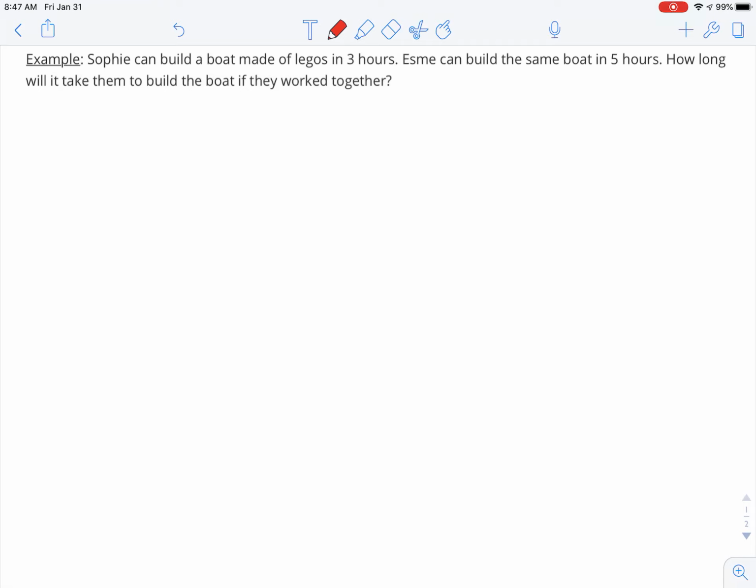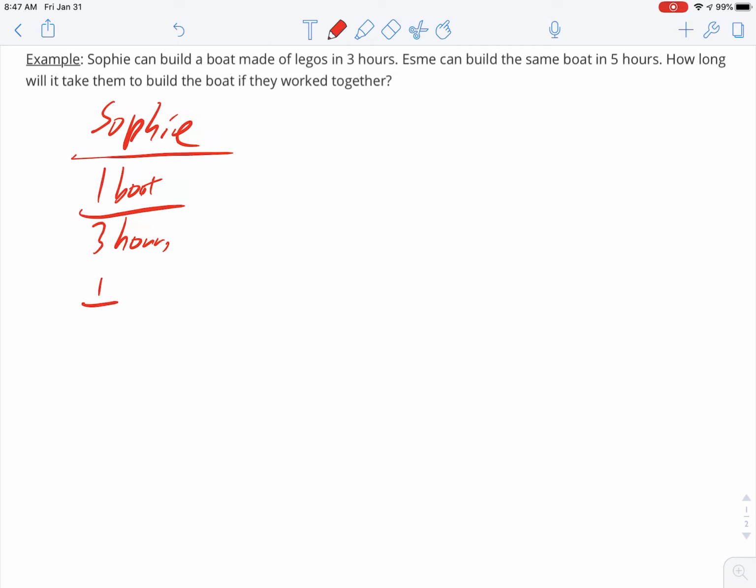So let's take a look at this problem. Sophie is making one boat every 3 hours, right? So Sophie's rate of work is one boat every 3 hours, or another way of thinking of that is 1/3 of a boat per hour. So that's her rate. And then Esme's rate is one boat every 5 hours, or 1/5 of a boat